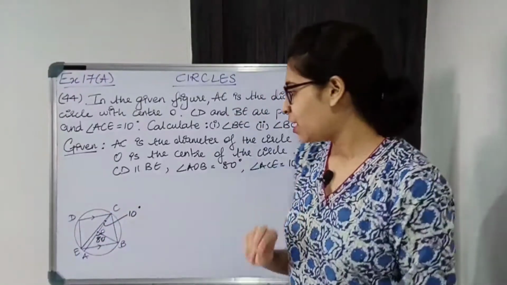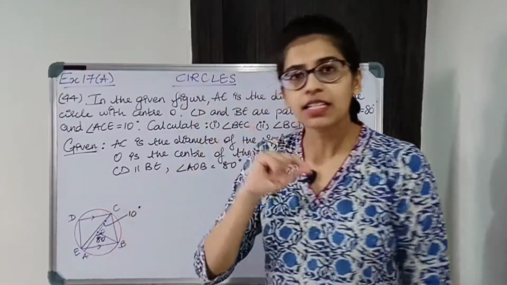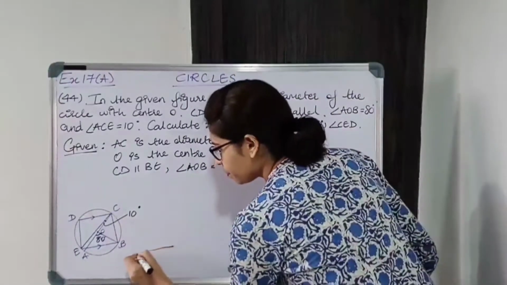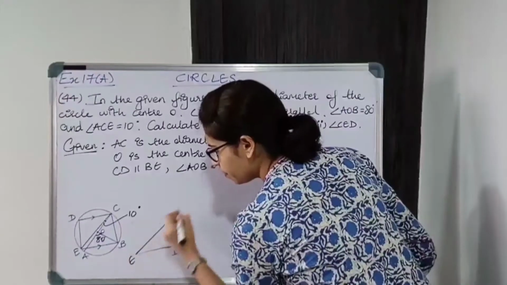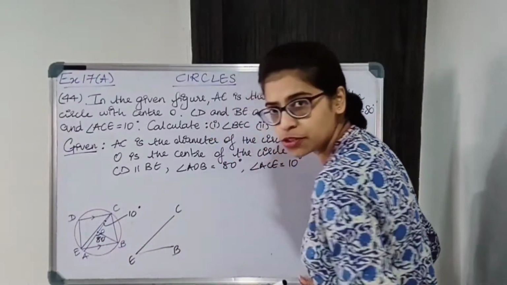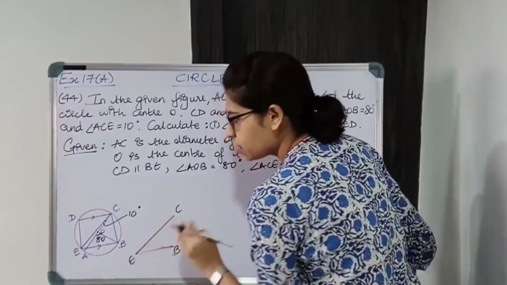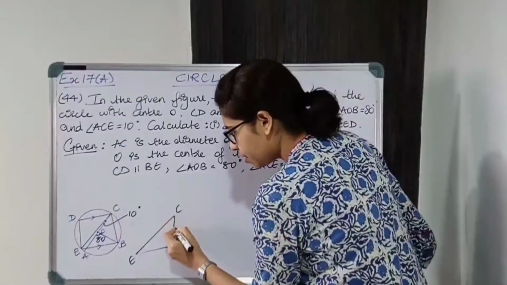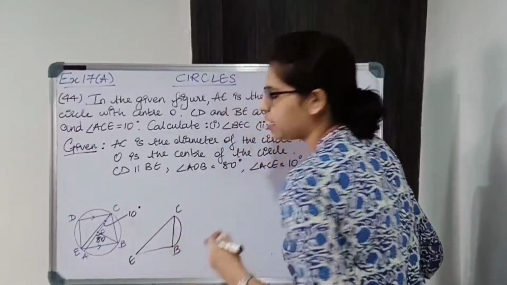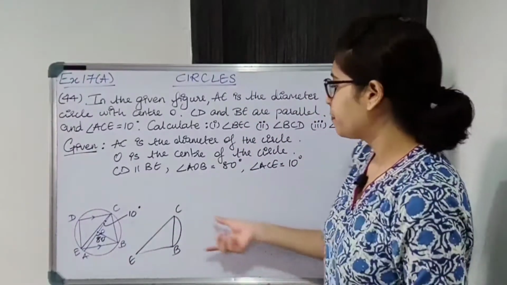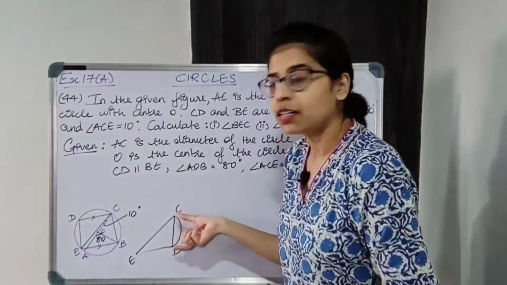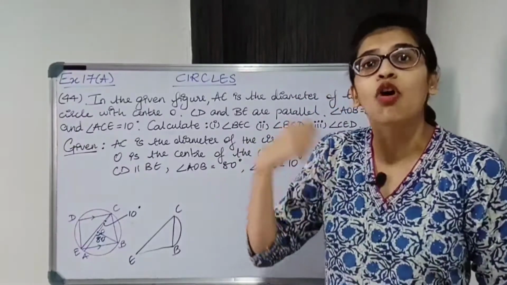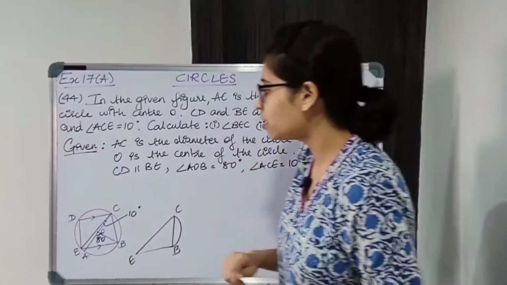Yes. Now BEC is the angle subtended on the circumference of the circle. E you can see is on the circumference. So angle BEC is on the circumference of the circle. Now this is subtended by the chord BC or arc BC, whatever you want to consider. So this is subtended by this arc. Now in this same arc or chord, is there any other angle at the center or on the circumference? So let us check the diagram.